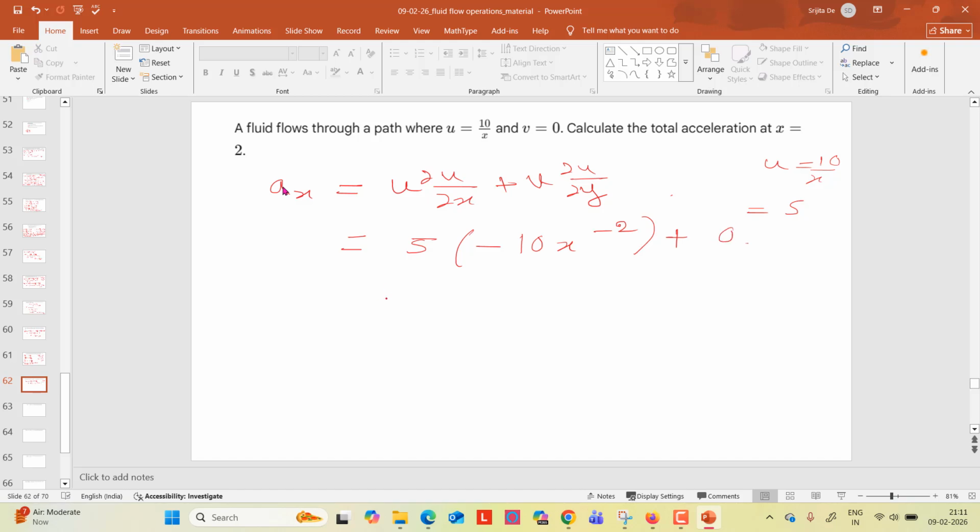So it is coming as minus 50 x to the power minus 2, right? So it is coming as minus 50 by x square,